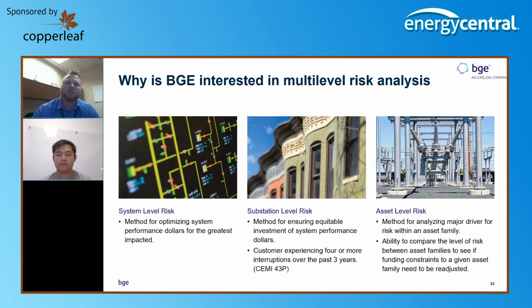But when you start to layer that over with some of the other metrics that we're focused on here at PG&E, at least, really focused on trying to drive down customers that have experienced 4 or more interruptions in the past 3 years. And so not all of that comes out of the substation. There's a trade-off here between distribution and substation investments, but being able to look at the consequences and the risk at our various substations, can we analyze to see, is our investment plan being equitable across the